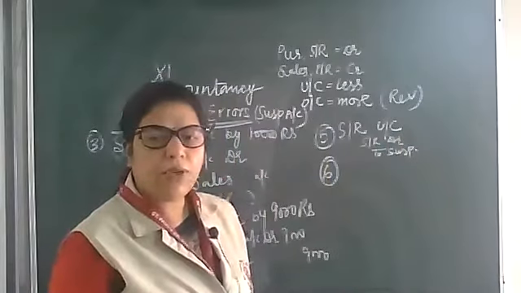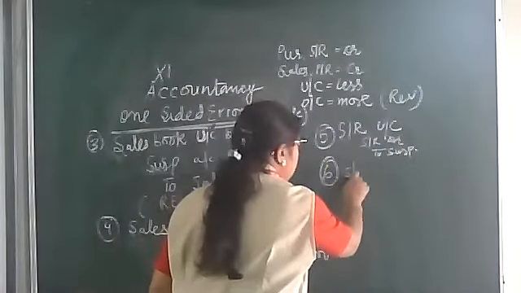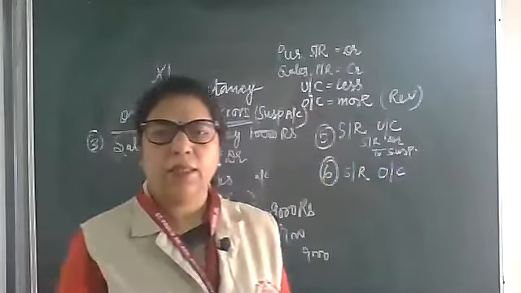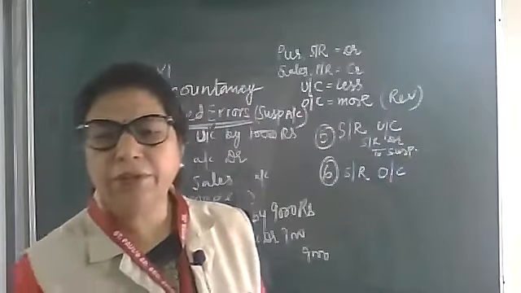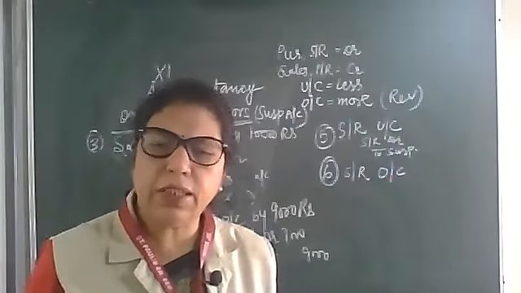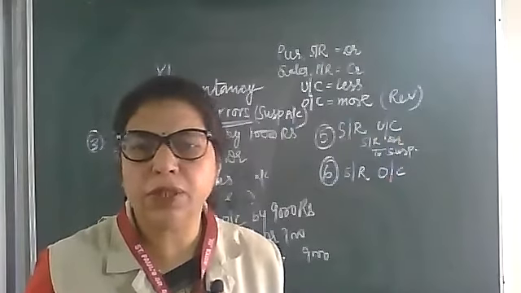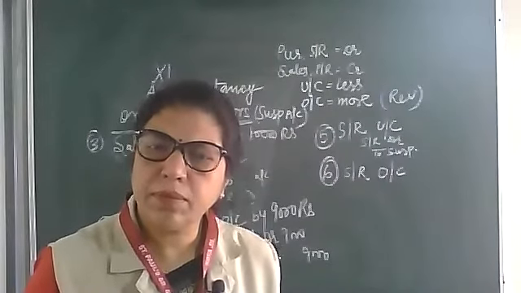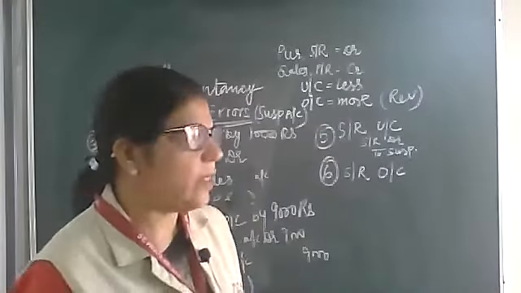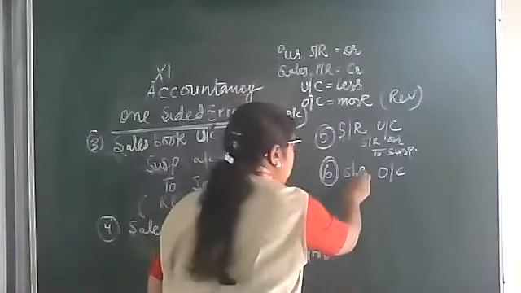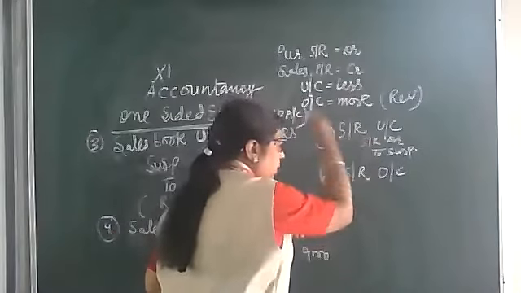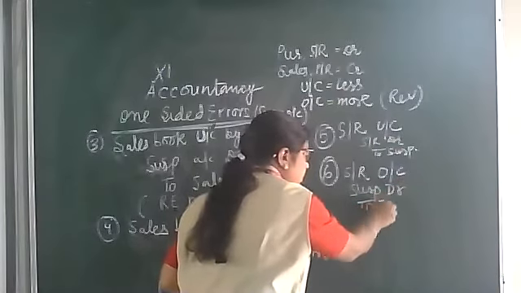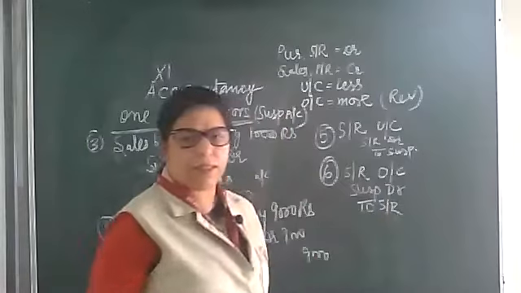Yes, good. Now next question. Sales return overcast. Akshay, what will be the entry if I told you sales return book overcast by 1000 rupees, beta? Ma'am, the entry will be suspense account debit to sales return account. Very good, excellent answer, correct, completely right. That entry will be reverse. So now suspense debit to sales return, exact answer, correct.